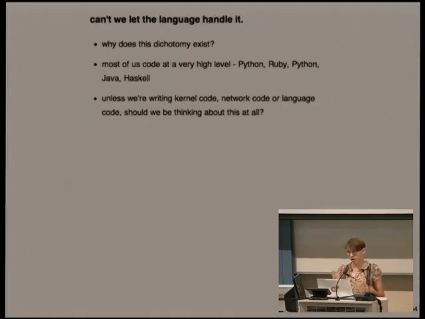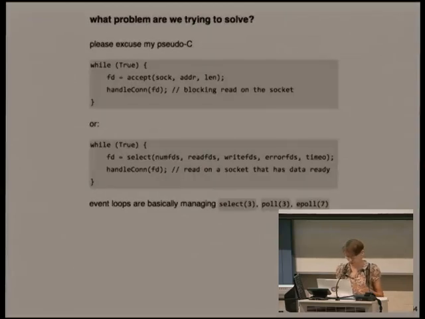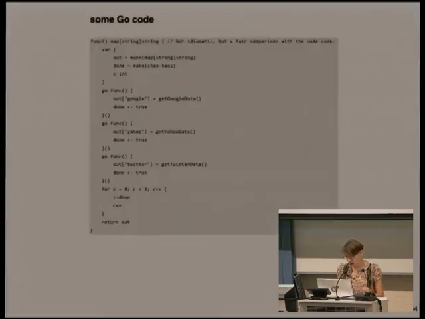Most of us write code in high-level languages. I'd like to make the point that Haskell is an extremely high-level language, even though people think of it as this kind of hardcore thing. It's actually a higher-level language than anything that almost anyone writes in terms of pure definitions. And I think unless we're writing code where performance is absolutely crucial in a way that would impact other applications, we shouldn't really be worrying about things like this.